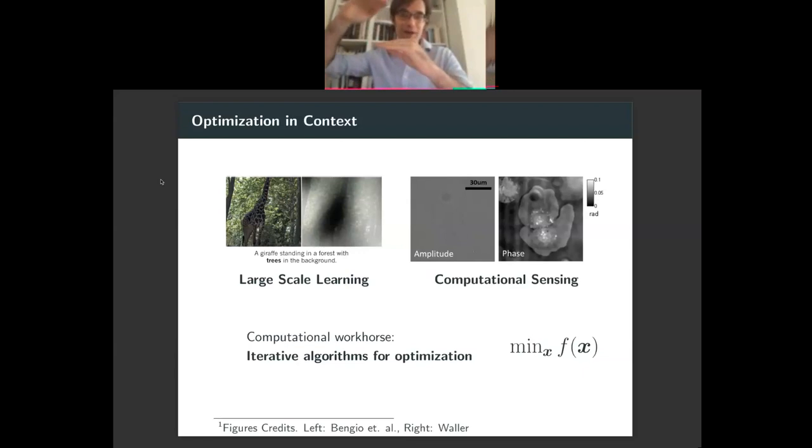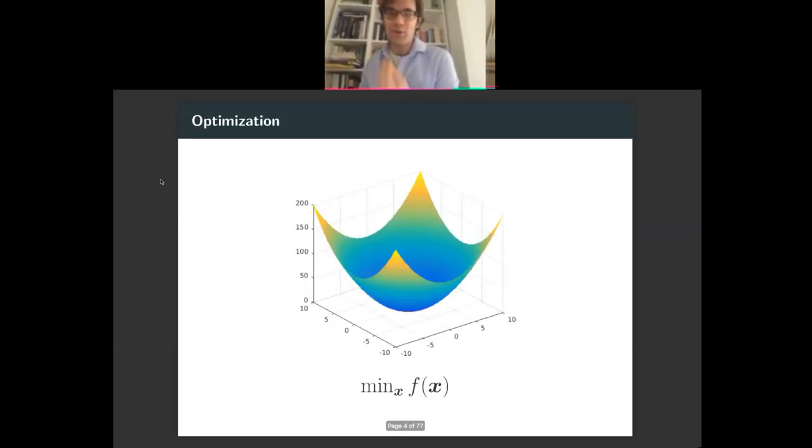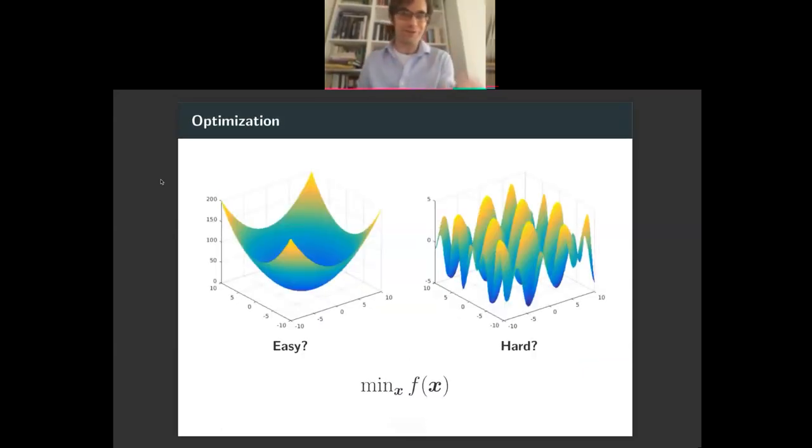If I improve my situation in that kind of context, it means maybe I'm making more money or I'm using my resources more efficiently. Here, we don't just care about improving the objective function, we actually care about what we reconstruct. We care about the model or the image that we find. And so we have a higher burden. We really want to find the bottom. We want to find the global minimizer or a global minimizer.